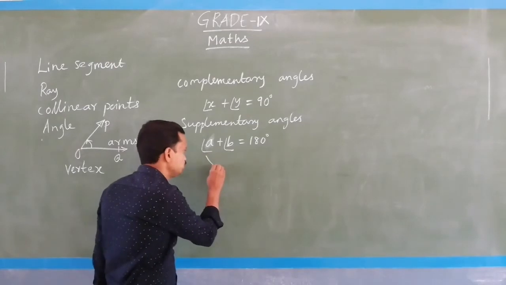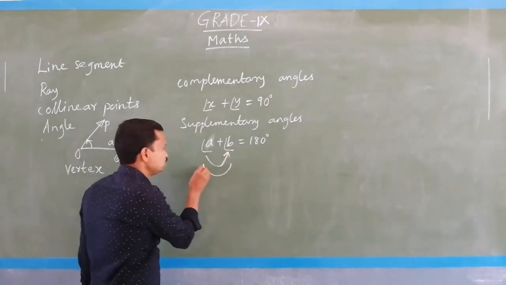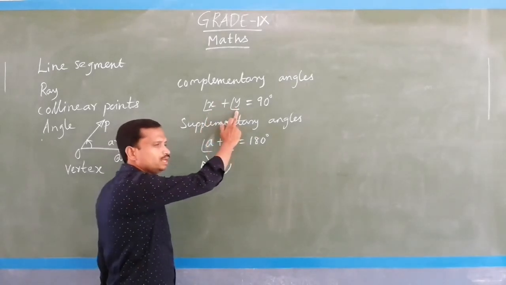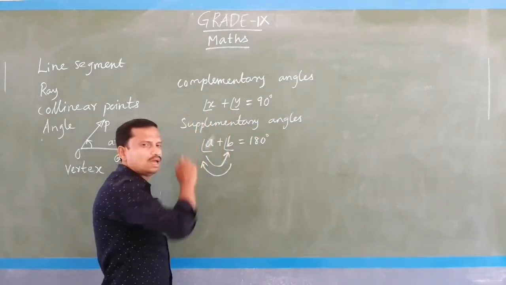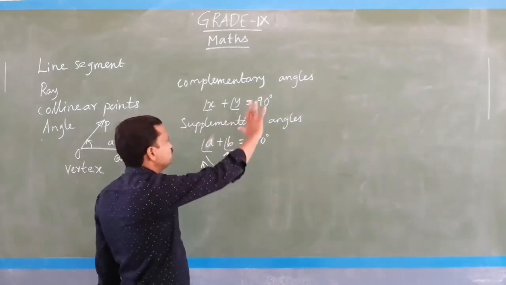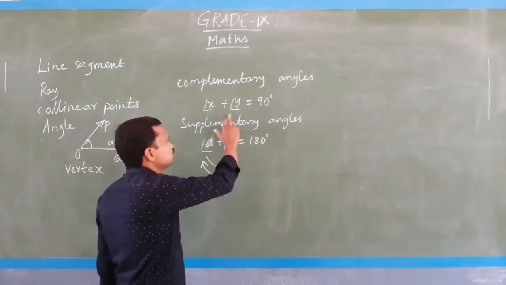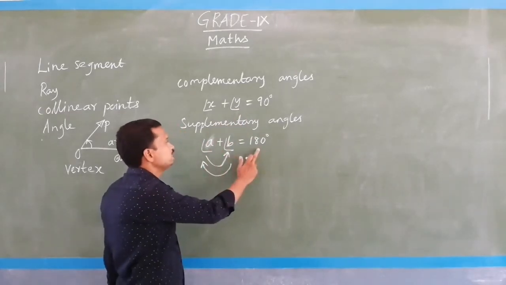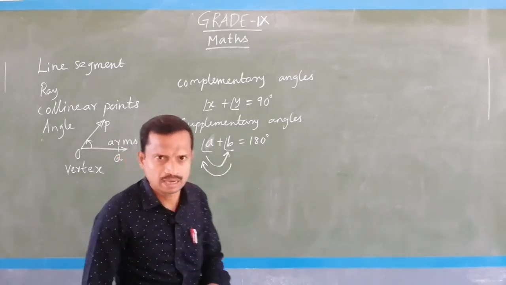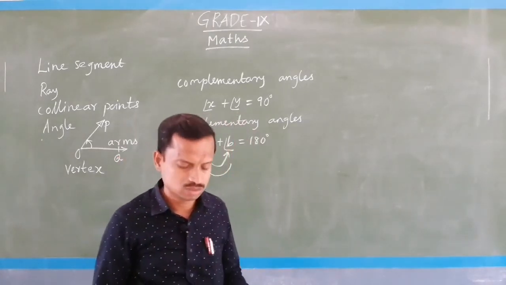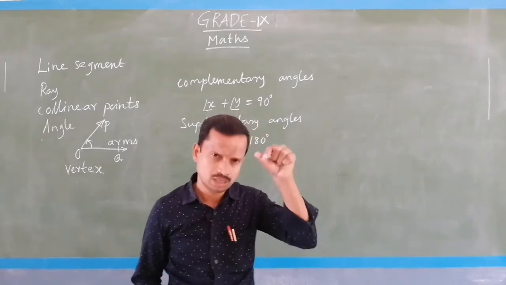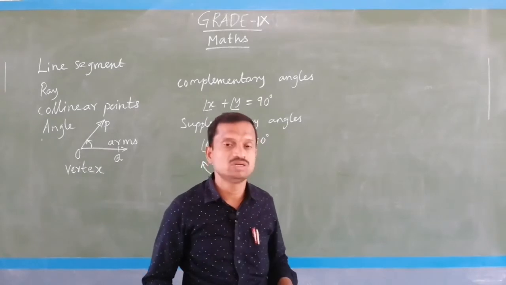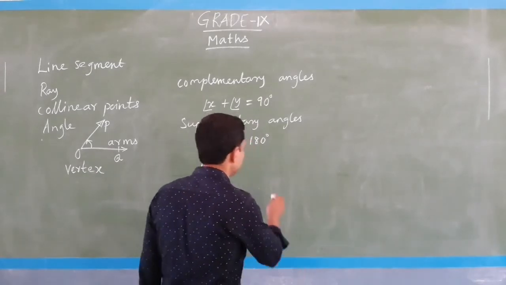So, A is supplement to B and B is supplement to A. Like that here also X is complement to Y and Y is complement to X. So, like that we can say the complementary angles and supplementary angles. If two angles whose sum is 90 degrees, then they are called complementary angles, and two angles whose sum is 180 degrees, then they are called supplementary angles. That is given in the book in the same paragraph. You take the term and under that you write the definitions. Clear? And then adjacent angles, I already told you about adjacent angles.